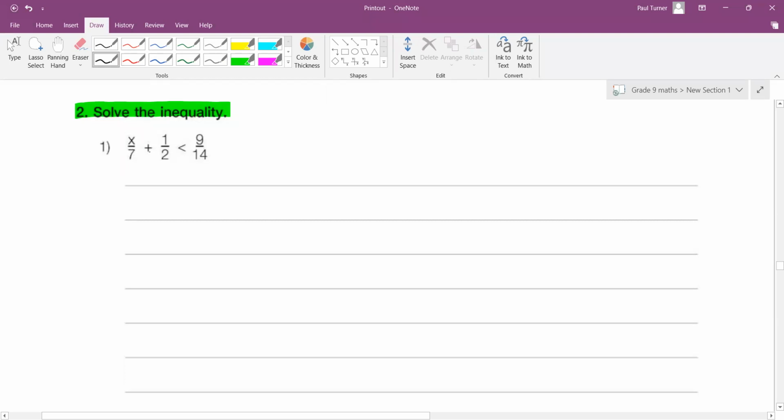So we've got to take a look at these denominators. And when we have denominators, we really don't want these numbers here, do we? We like to have just a single number, not a fractional number here. So we've got 7 and 2 and 14. If we multiplied by 14, we could get rid of all these numbers, couldn't we? So if we multiplied this by 14, this by 14, and this by 14, you will see that we can